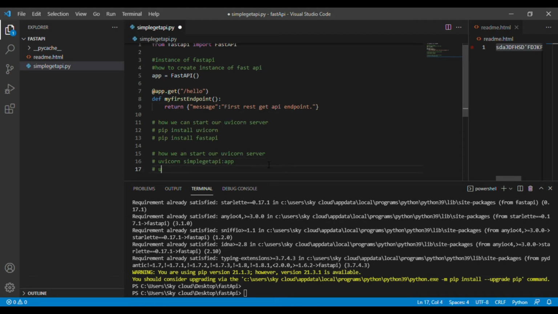One more thing: sometimes if you go to the official website, you will see a command that is written, that is reload. When we are doing development, you can use this reload command, because any change in the file will be reflected automatically.